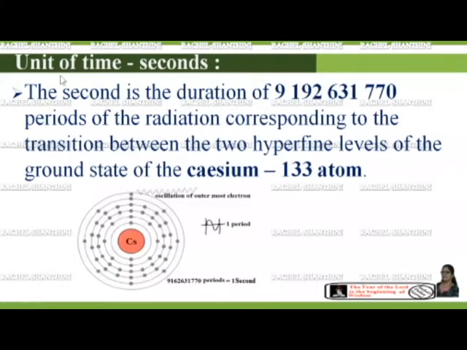Unit of time. The unit of time is the second. Definition: the second is the duration of 9,192,631,770 periods of the radiation corresponding to the transition between the two hyperfine levels of the ground state of the cesium-133 atom. This is the picture of